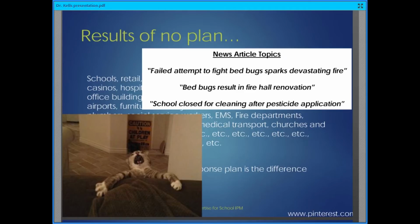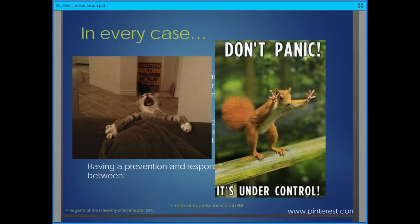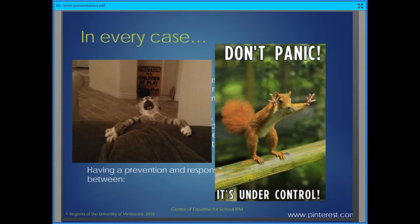Well, what we need to do is we need to really look at prevention and response programs to deal with bed bugs. And so the idea is to, first of all, get the message out that don't panic, everything's under control. We can deal with this. We know that bed bugs are around. We know how to deal with them. We know how to prevent them. So here's our plan to deal with it. And to give you an example of how we did this,